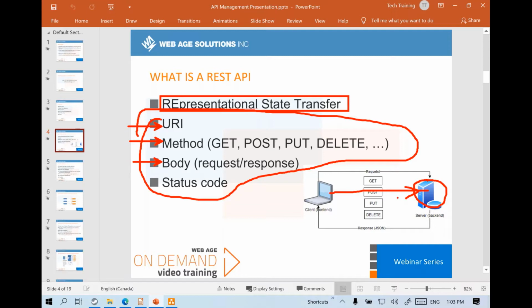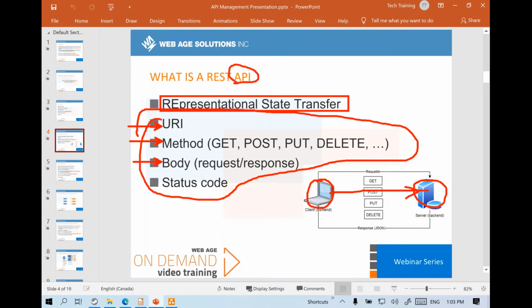Because we have lots of issues. For example, security is one of the issues. Security-wise, you're letting the application developer know what exactly your backend database server is: what's the connection string, what's the username, what's the password, what's the server name. So rather than asking every front-end developer to directly connect to a database server, we usually ask them to go through a layer in between, that is your API layer.